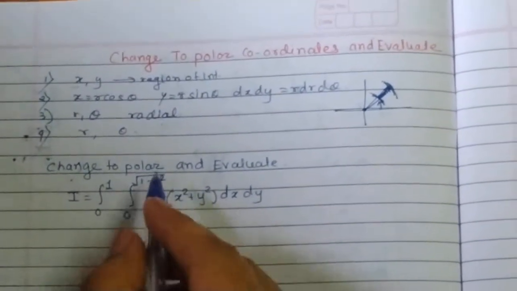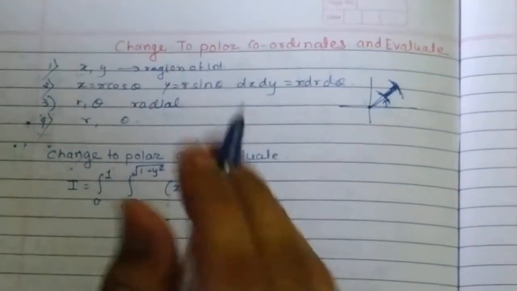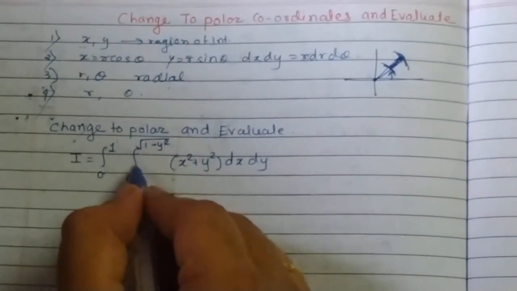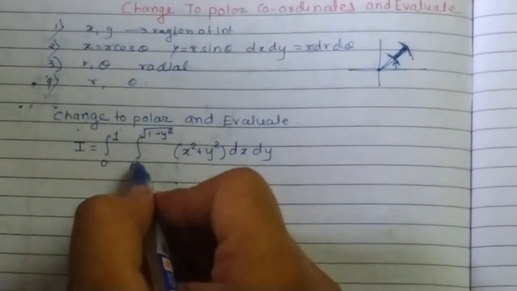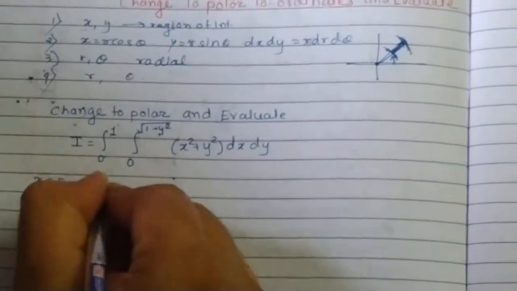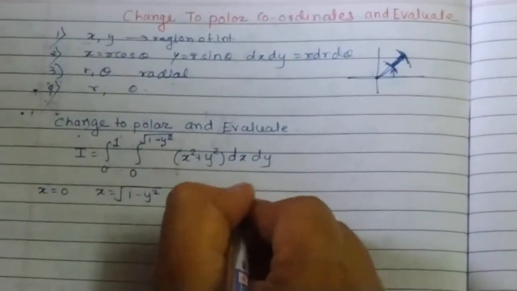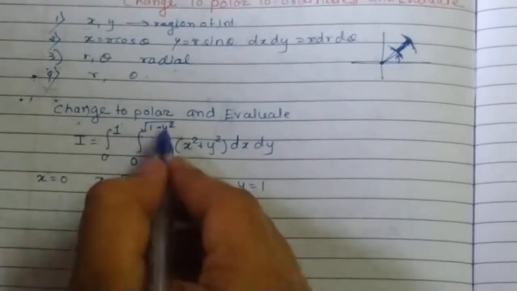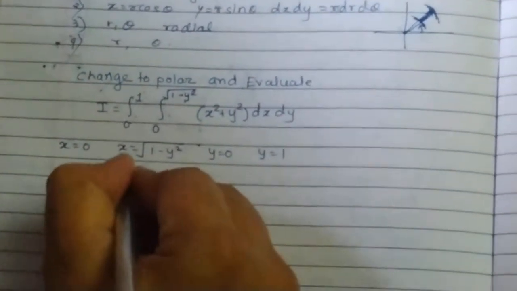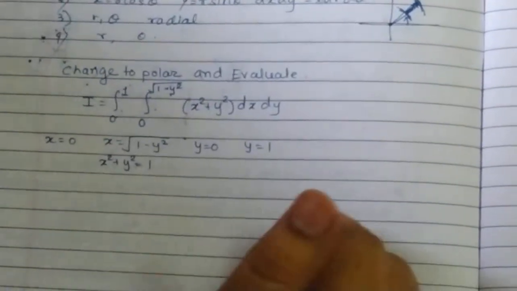Now see, to identify the region of integration based on these limits, you will draw the diagram here, and then we can decide the region of integration. First of all, tell me one thing: the inner integral is of what? These are the limits of x, expressed in terms of y. So here I am getting x equal to 0, x equal to square root of 1 minus y square, then y equal to 0, y equal to 1. As the inner limits are of x, the outer limits are of y. So here I am getting x square plus y square is equal to 1. It's a unit circle, center at origin and radius is 1.